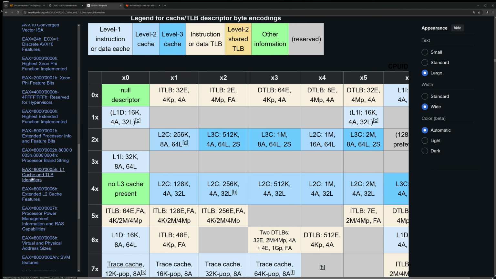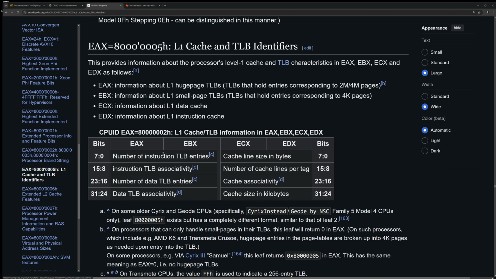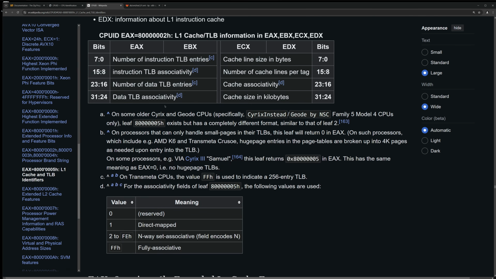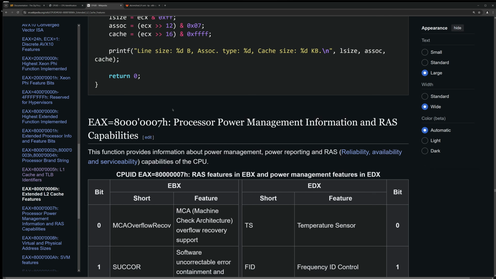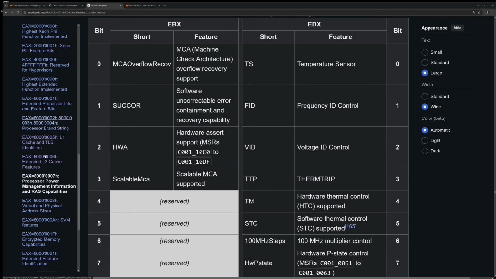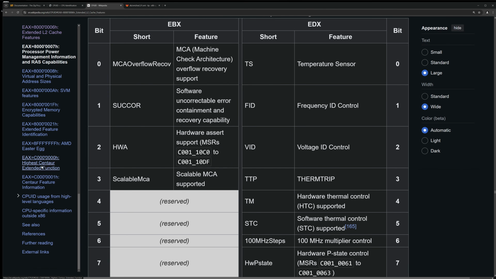We can actually, I think we have some more info about the L1 cache and TLBs. Here we can get the number of associative ways, or number of ways it is associative, the size of cache lines, number of cache lines, stuff like that. So this one is for L1, this one is for L2, and we can get quite a bit of info about the CPU, but